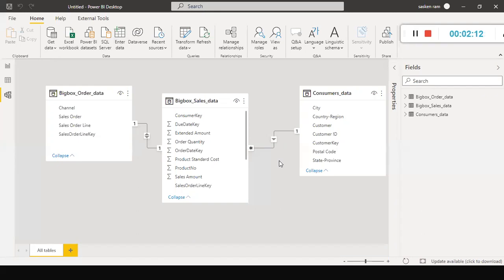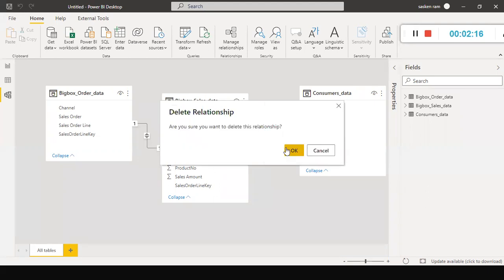The next step: initially, when I loaded, I created this explicitly.